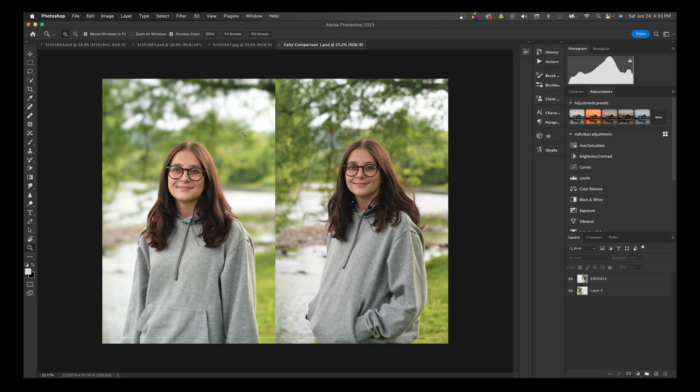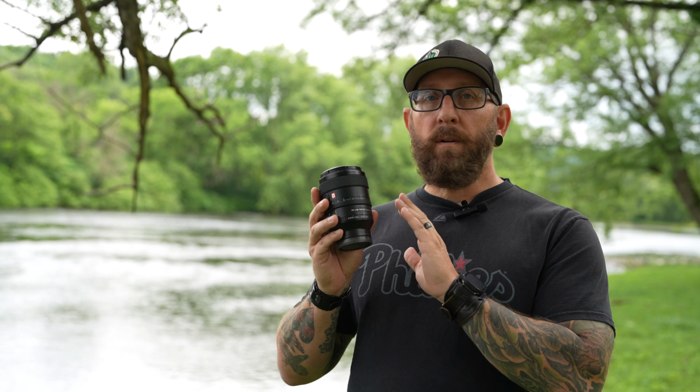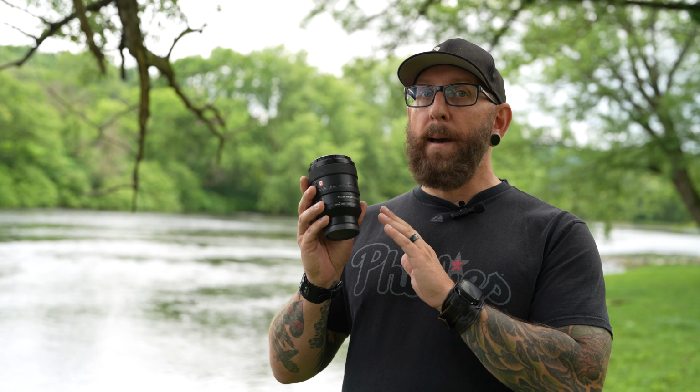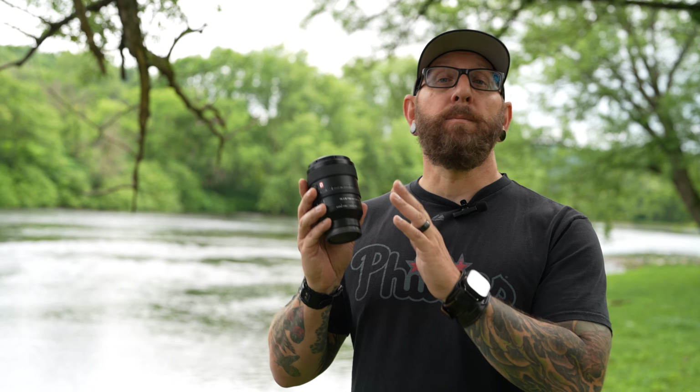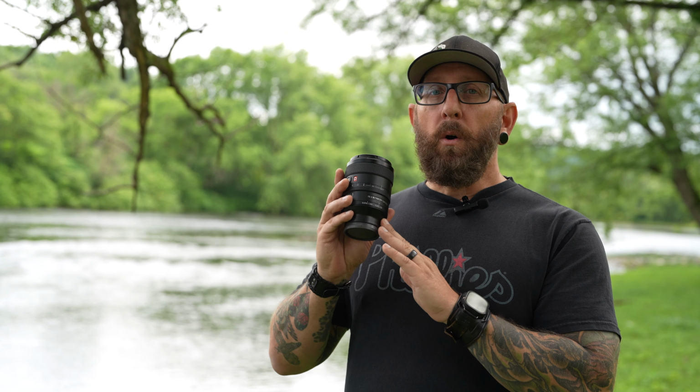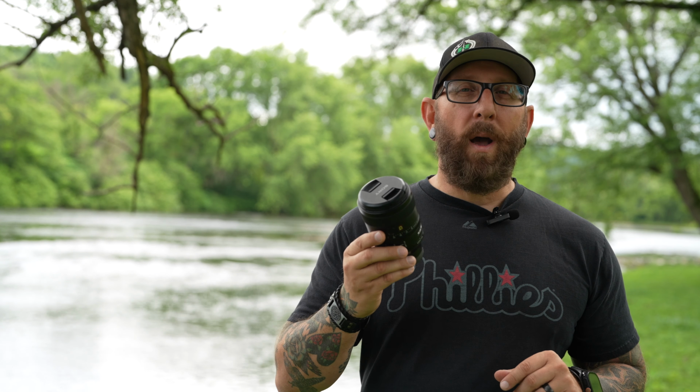Okay, so one of the problems with this lens is this is not a low light lens. You really need to have a lot of light available to you to use this. Because of that apodization filter, this is going to function a lot like a maximum aperture of 5.6. So it's going to need a lot of light to get the exposure that you want. If you want to keep that shutter speed up and you want to keep your ISO down, use a lot of light for this. So that's going to turn a lot of people off, especially wedding photographers,